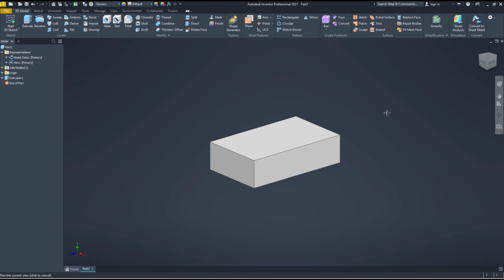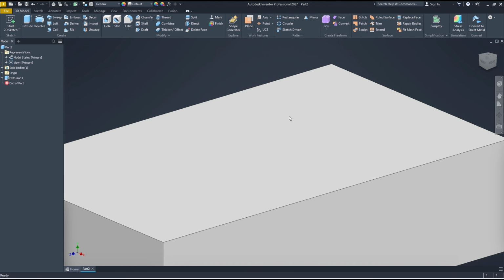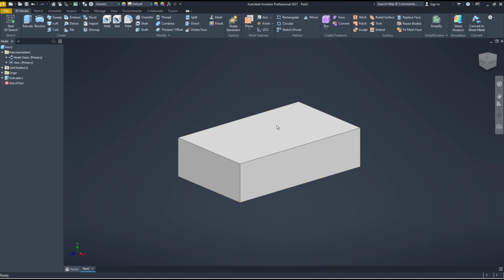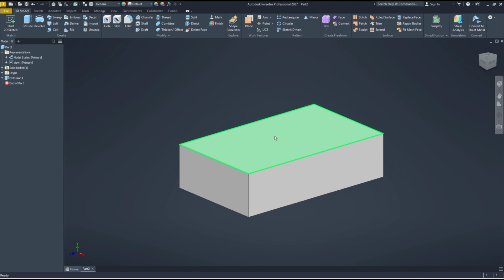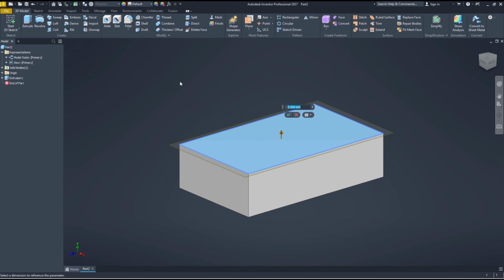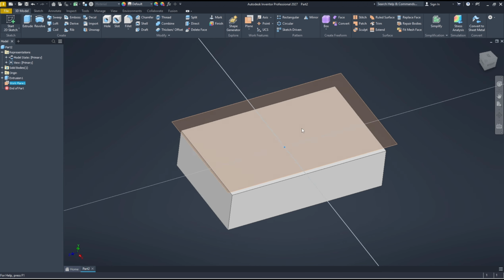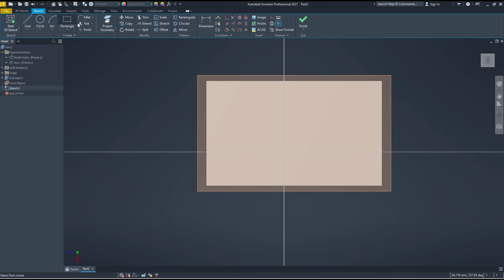Now, if you want to create the extrude offset from the top face, first we need to create a plane to set the offset distance. Okay, you can select the top face and use offset from plane. Now you can move it, like I will move it a bit, 1 millimeter. Click OK. Now you can draw a sketch on the plane, like we draw a rectangle again,